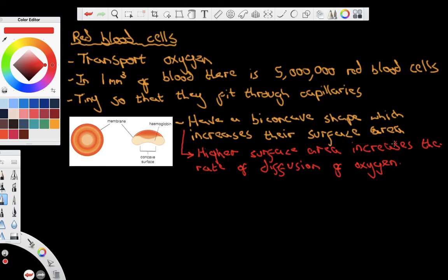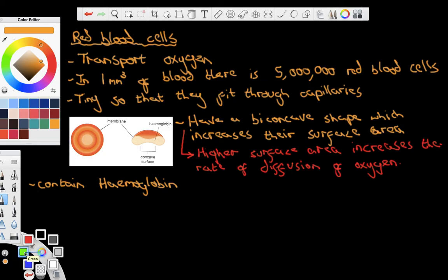We can say that they contain something called hemoglobin. They contain hemoglobin, and that can be our first keyword. We've got two keywords today, but this is the first. So our first keyword is hemoglobin,